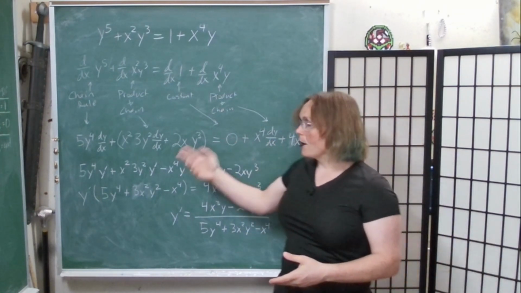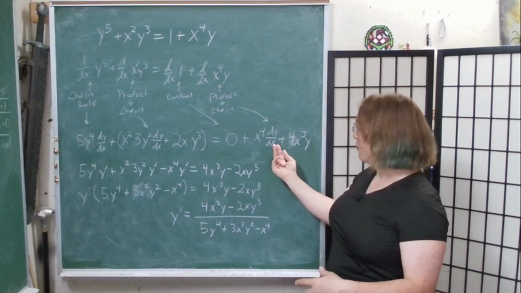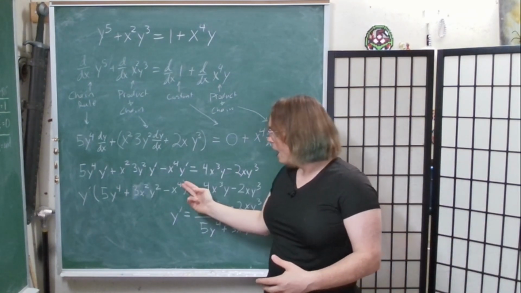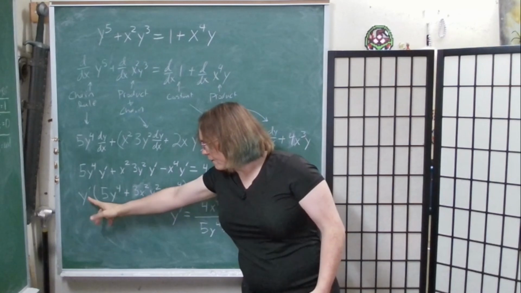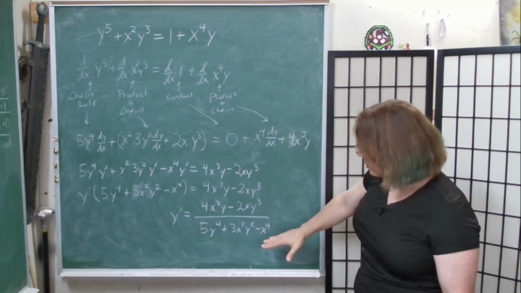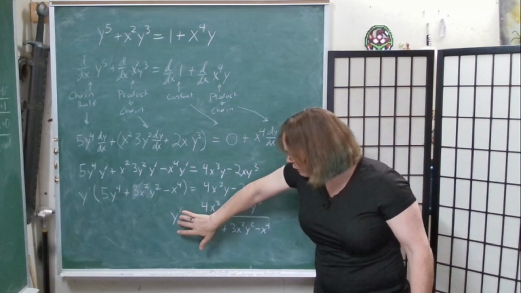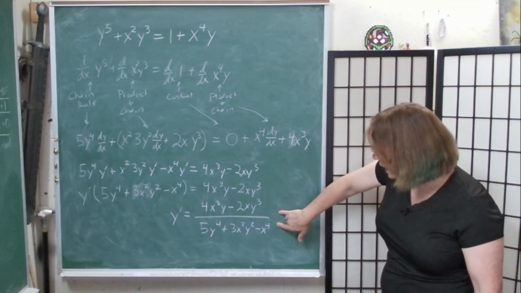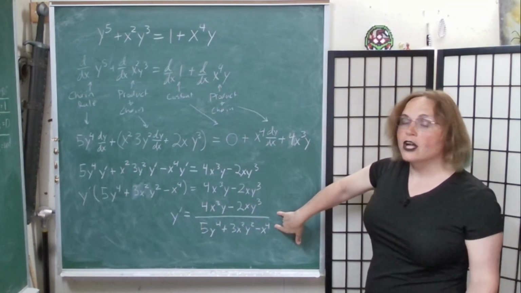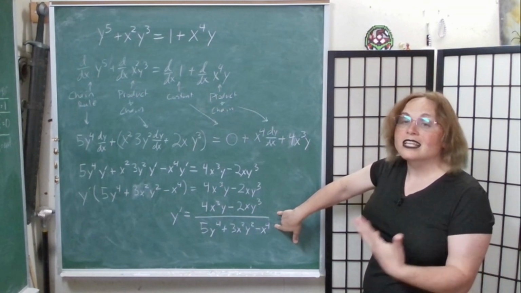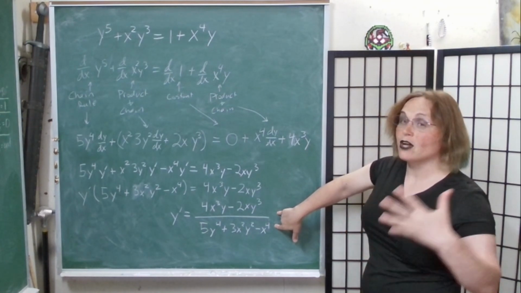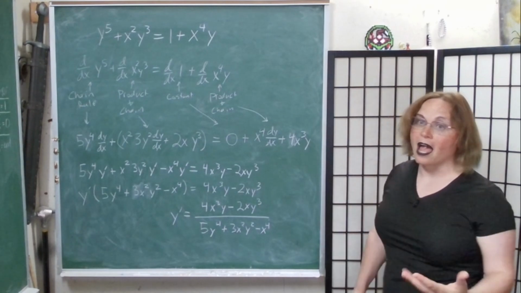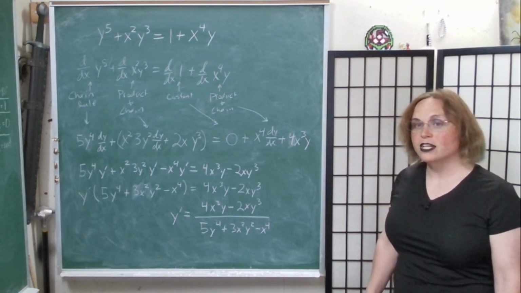So we gathered up our like terms, basically our things that had that derivative section, and we moved it over to here, and then we simply factored out the derivative, and then we divided the rest of it over, and we get that our derivative of y is equal to this. So this would be our tangent at any point. And now it's still very complicated, but this does allow us to see what the derivative of a point on that graph would be. And from looking at this, you can tell that, yeah, it's a pretty complicated situation,